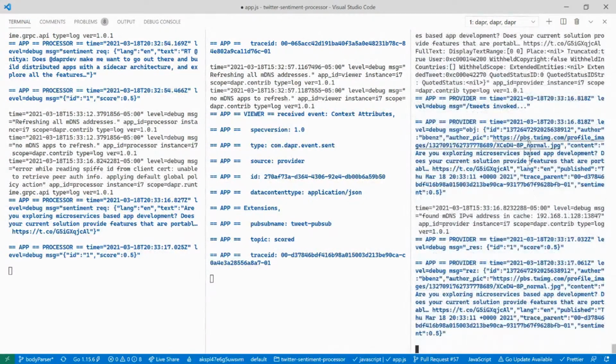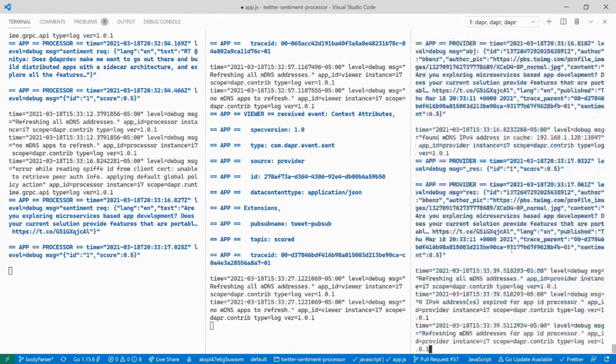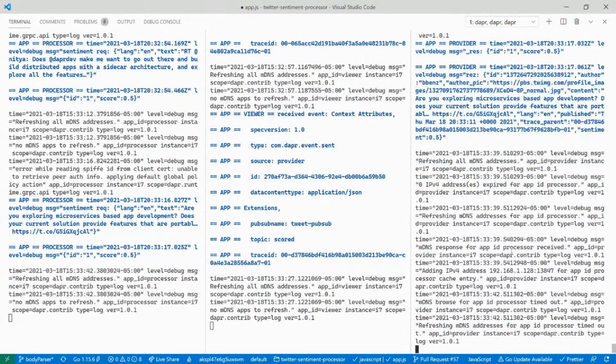So all this information is real-time logs, so that when I'm debugging my application locally, I get all the rich logs that I need. I don't have to go digging into config files or log files or trying to get up Event Viewer or some other odd tool to figure out what's happening in my application. All the logs are happening for me right here in front of me. So I just simply ran Dapr run, just like Mark showed you, against all three of my microservices, and all of a sudden Dapr was able to start to see across all those different microservices and get everything to work the way that I wanted it to.